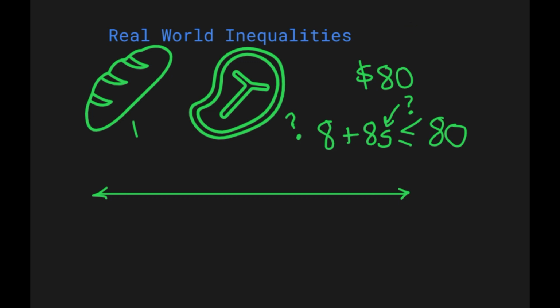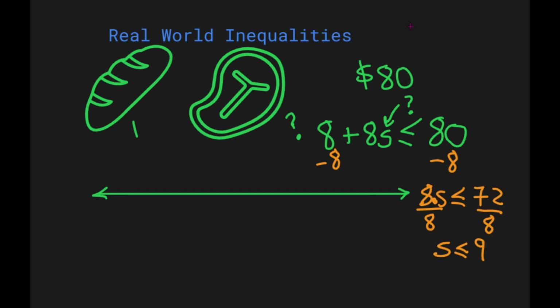I'm going to solve for s. So I'm going to clear this 8 out of here to the other side, giving me 8s is less than or equal to 72. I'm going to divide this 8. Luckily, non-prepared food, there's no sales tax on it. 72 divided by 8 is